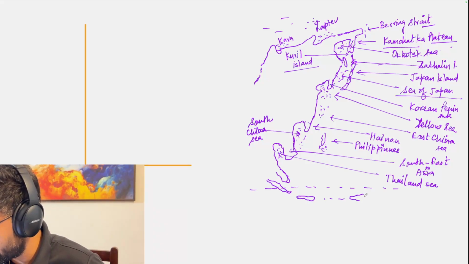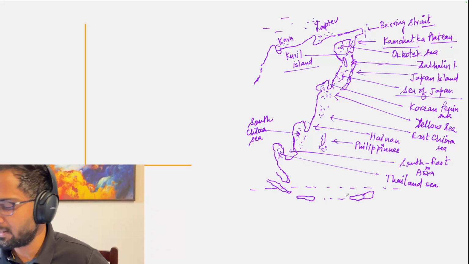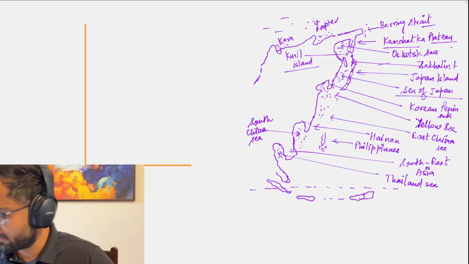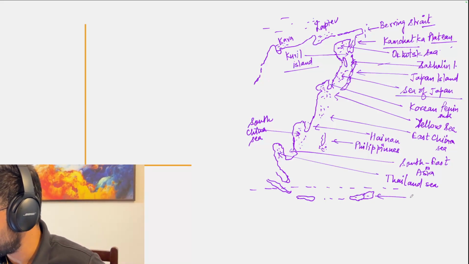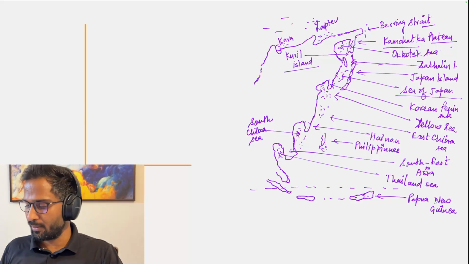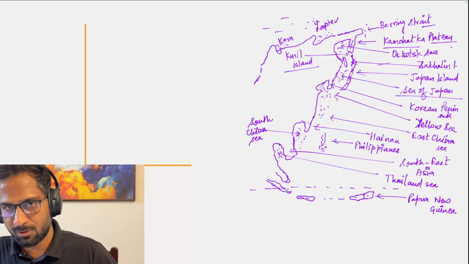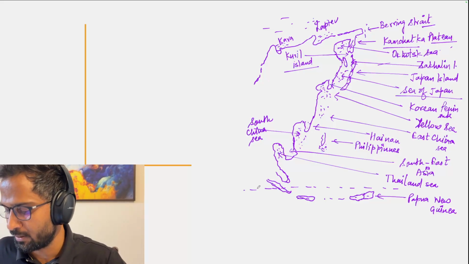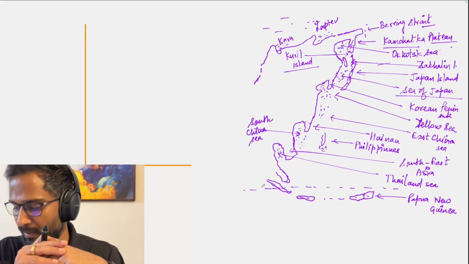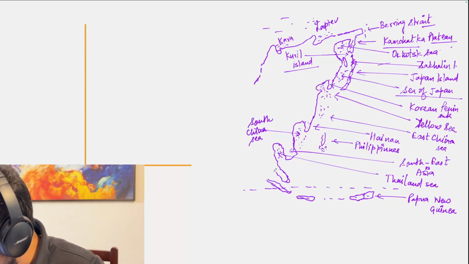Then over here, if you have heard of something called Papua New Guinea, this island is Papua New Guinea. This is Java, this is Sumatra. The equator will pass through Sumatra. Through Indonesia we know the equator passes. Then